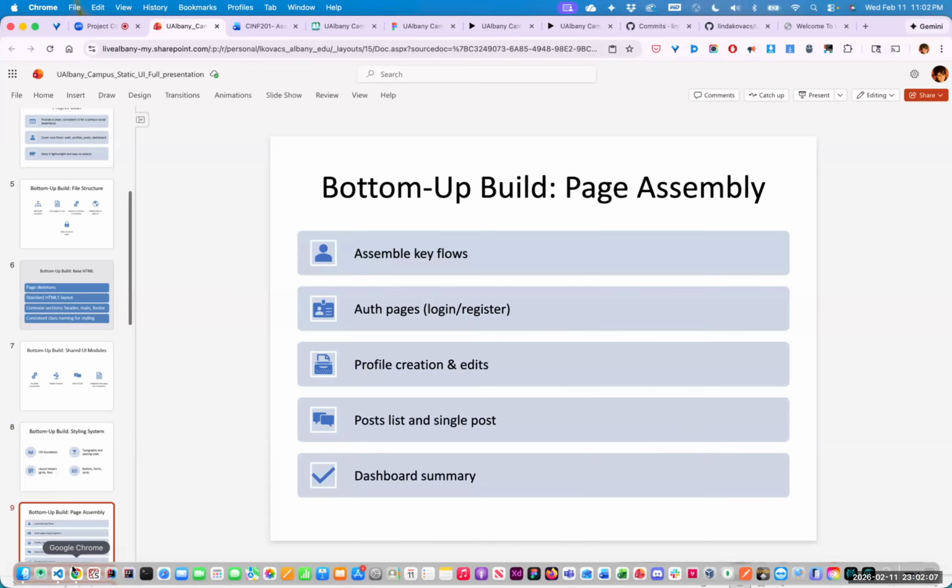Now I'm going to explain how we assemble the full pages of the static UI and how each one supports a real user flow. We build each page to reflect a complete user journey, even though everything is still static at this stage. The goal was to demonstrate the final layout and interactions as they would appear in the dynamic version of the